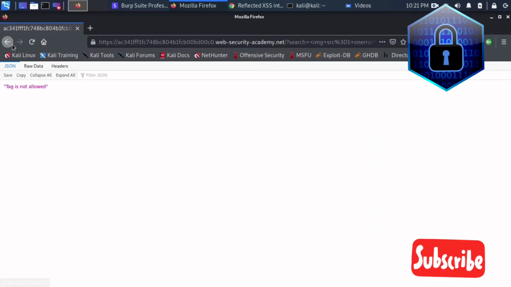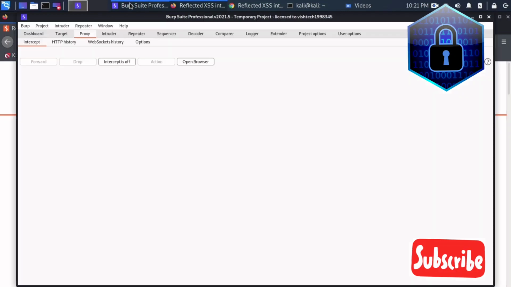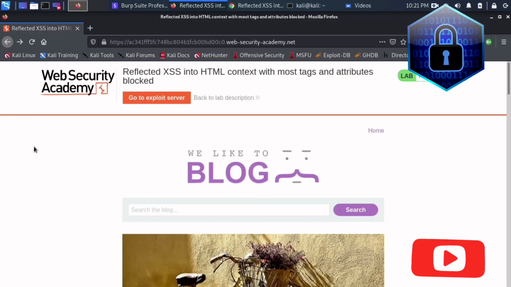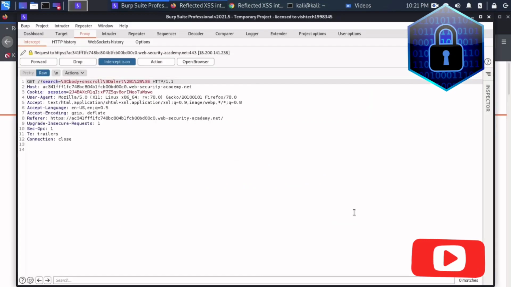So what we can do now is go to the same page again, and instead of this we can turn Burp intercept on and put some tags. We have to change here and put the greater than symbol and less than symbol, and send it to Intruder.